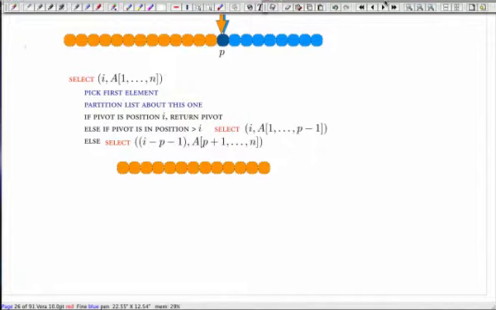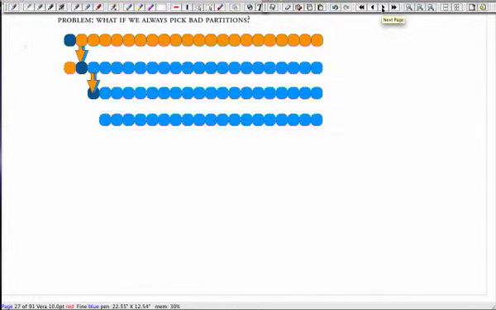What did we do? So the idea is we picked an element in the middle, and we partitioned across that element. So everybody that was smaller is on this side, everybody that's larger is on that side, and then we recursively solved the problem either on the left or right half, depending on what position we were looking at. The problem we encountered was what? What if you pick a bad partition? In fact, we were so concerned about this idea of picking a bad partition the first time and then doing it again and picking another bad partition and then doing it again and picking another third bad partition, and in fact getting into an n squared algorithm in this situation.